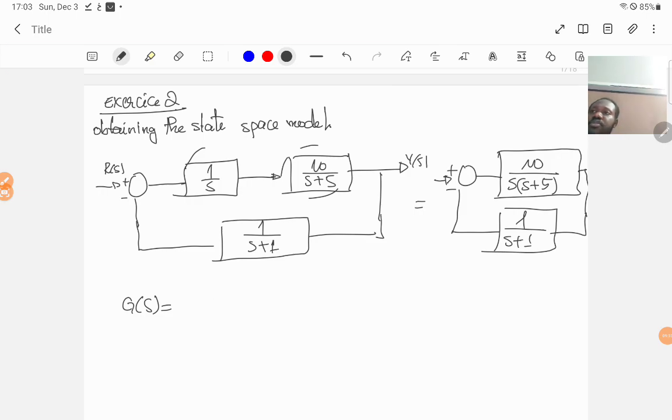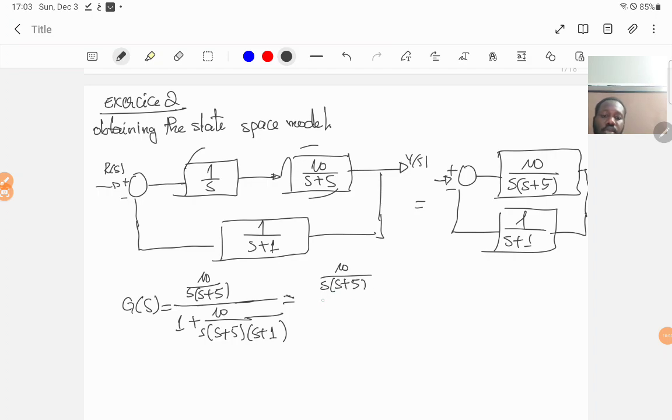This transfer function will be like 10 over s times s plus 5 over 1 plus 10, and here we have s plus 5, s plus 1. We have to reduce them to the same denominator,